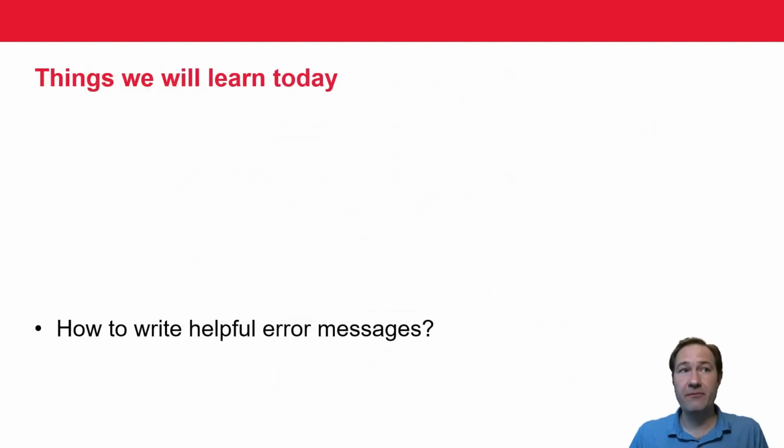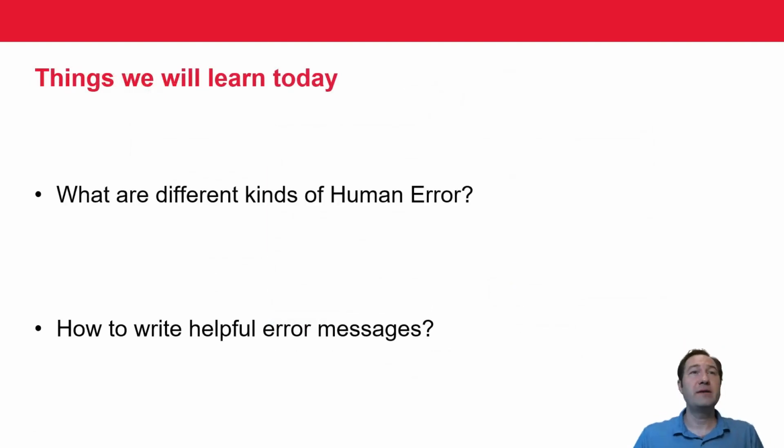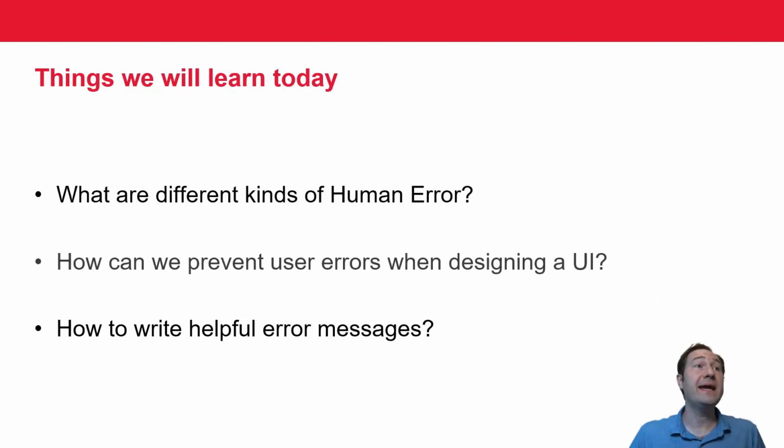We're going to talk about helpful error messages. We're going to talk about different kinds of human error. And we're going to talk about how we prevent user errors when we're designing a UI. Okay. I particularly think that the helpful ways of writing error messages is one of my favorite topics, but I don't know if we're going to get too far into it. But